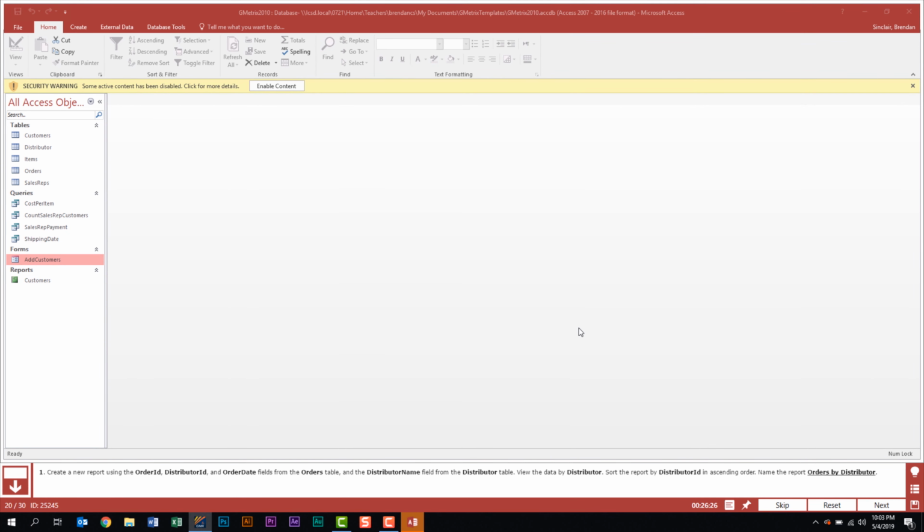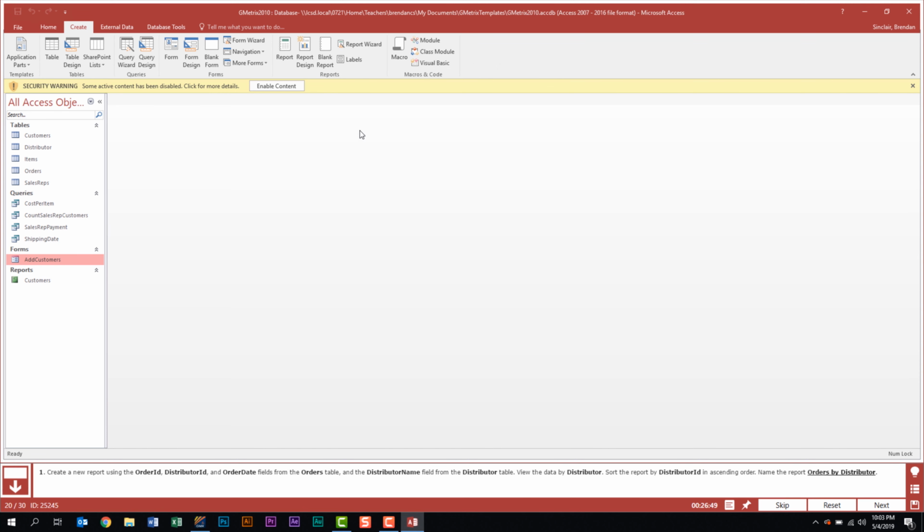Task 20 wants us to create a new report using the order ID, distributor ID, and order date fields from the orders table, and the distributor name field from the distributor table. It tells us to view the data by distributor, and then it tells us to sort the report by distributor ID in ascending order, and it tells us to name the report orders by distributor. Let's go ahead and go to the Create tab here at the top, and what we want to do is